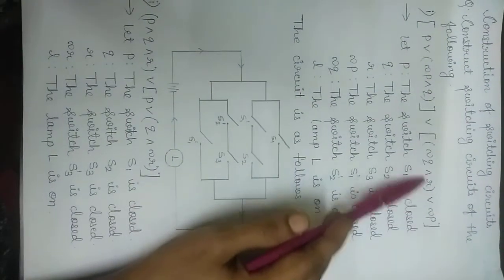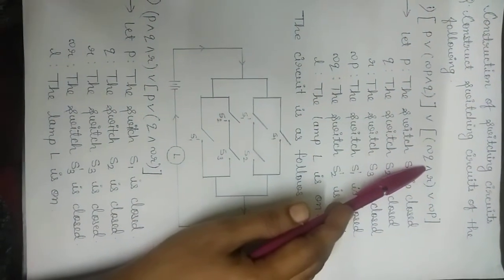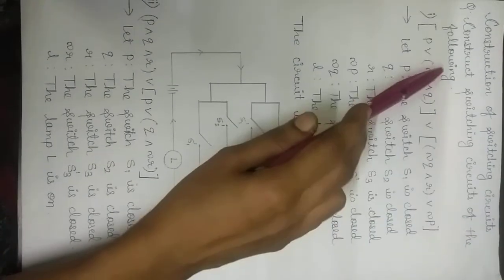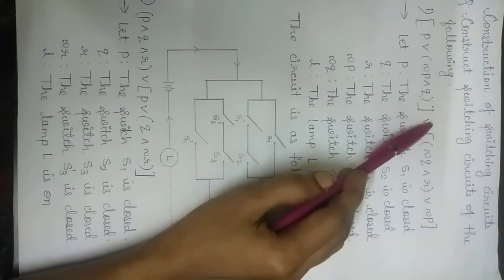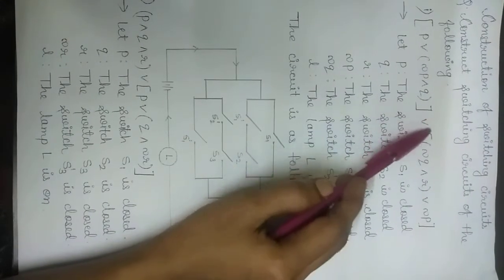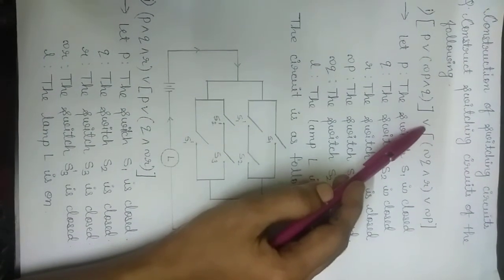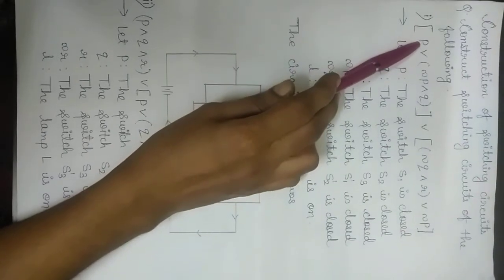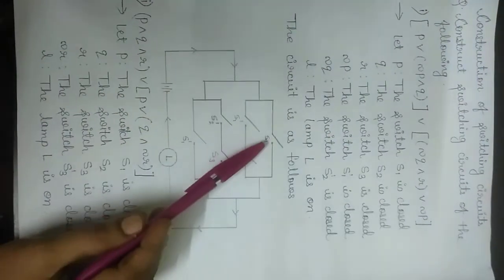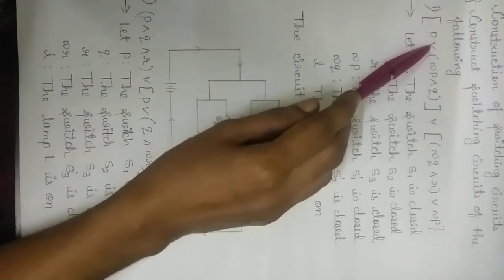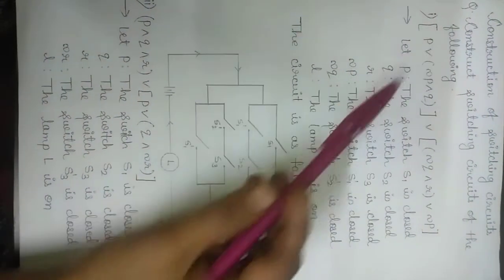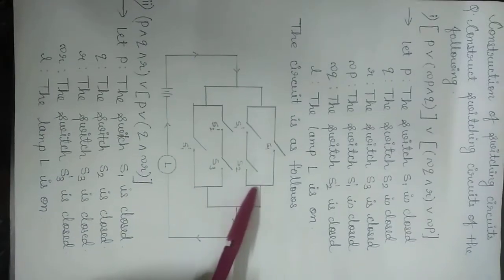Then these two statements are given in one bracket, so then we will think about this, and these two statements together we will connect with the logical connective OR, meaning parallel connection. So first we require only one switch, so here we have drawn S1. Now the logical connective OR is present, that means parallel connection.